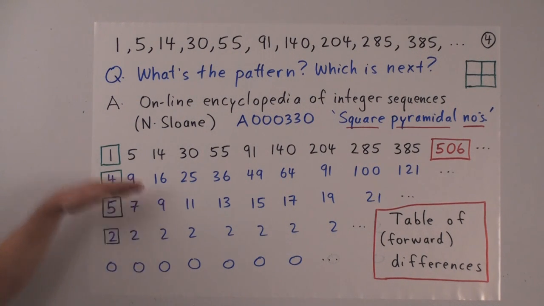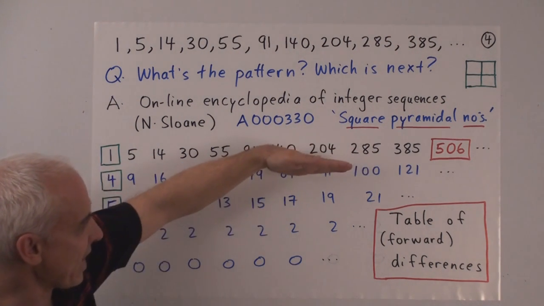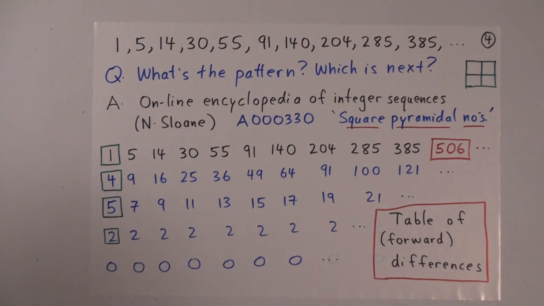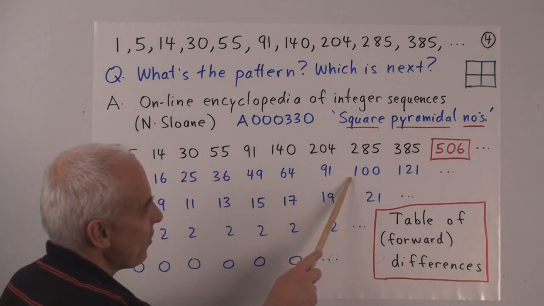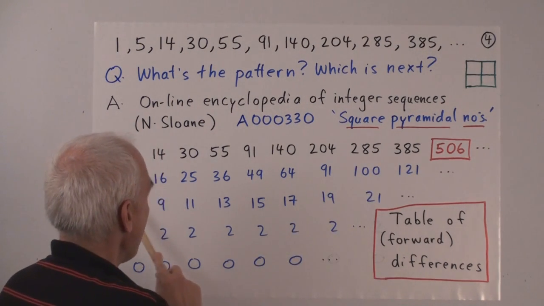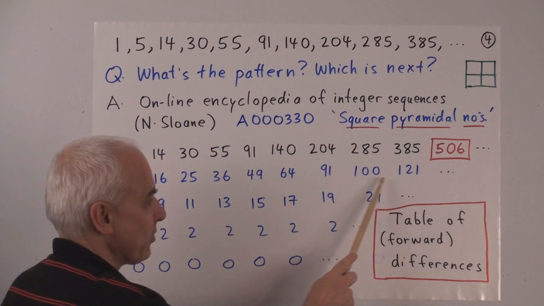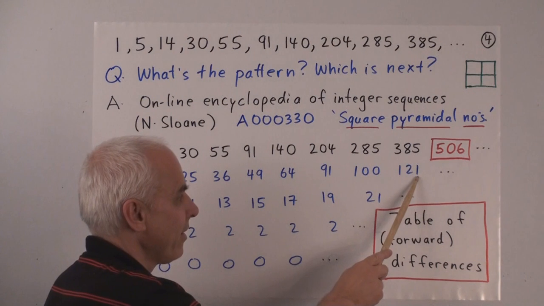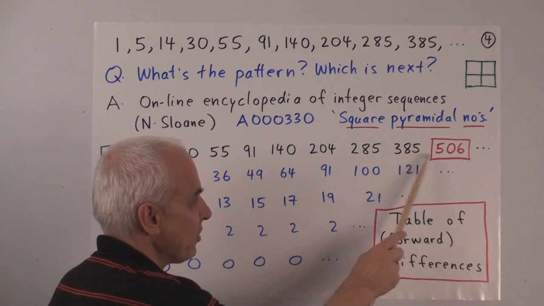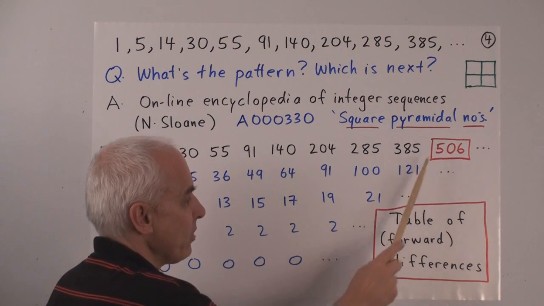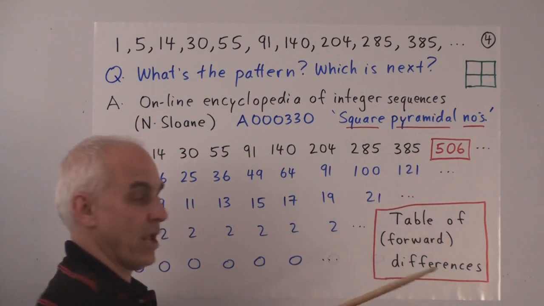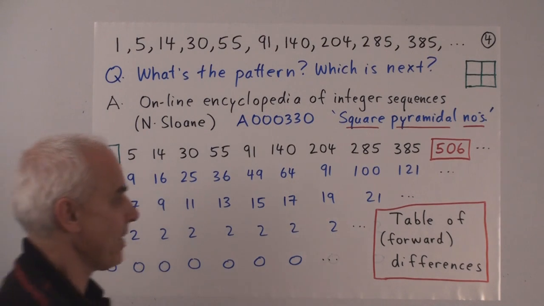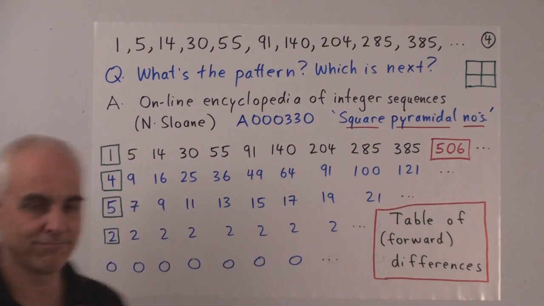So we can use this information. As soon as we have one of these rows, we can fill in what's going on with the row above it. So for example, once we know this is 100 from here to here, and we know what this pattern is here, we know the next one is the next square, 121, then it means that the difference between the next one and this one must be 121. So if we just take this element and add 121 to it, we're going to get the next element in the sequence. And that's 506.